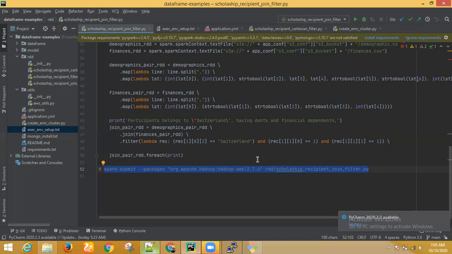Because you are working for some finance company or healthcare client, they will not give you access to get the data outside of their AWS premises. So your code has to be executed inside AWS itself, inside any of the AWS services. That's why you will not be able to execute on a local computer, so you always have to execute it on EMR. If you try executing this multiple times, you'll be super confident.